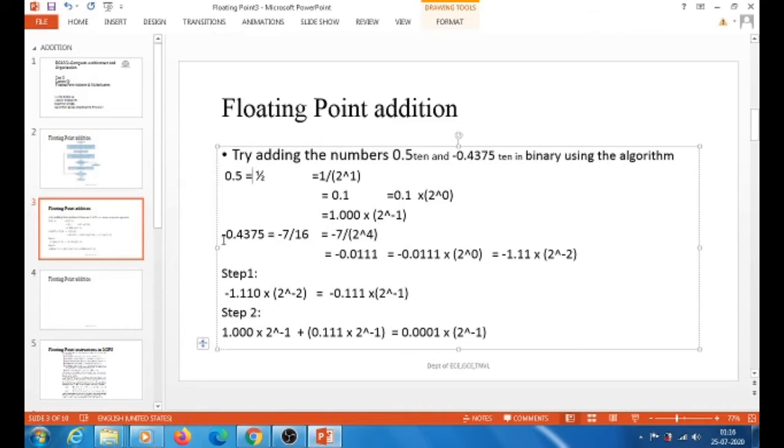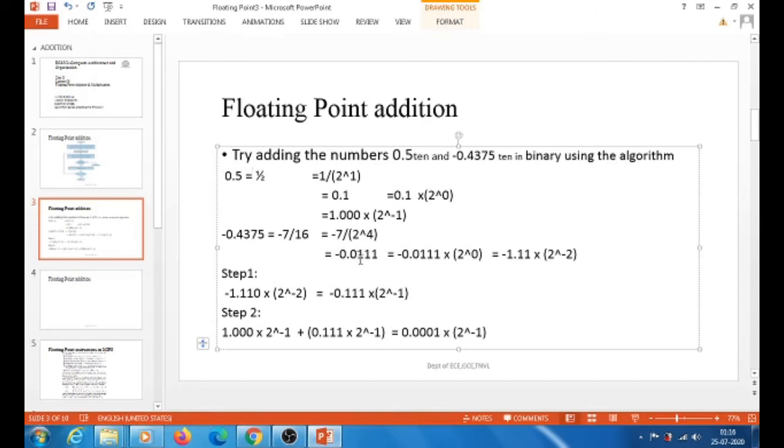Now again coming to the point of minus 0.4375, in fraction part it is represented as minus 7 by 16. So 16 in turn can be represented as 2 power 4. It means that this number of bits should lie on the right side of the decimal point. So 7 in terms of binary is 111, in terms of 4 bits. So it is represented as minus 0.0111. So if I want to make this a normalized form, I want to take this 1 to the left of the decimal point. So this decimal point is shifted 2 positions right.